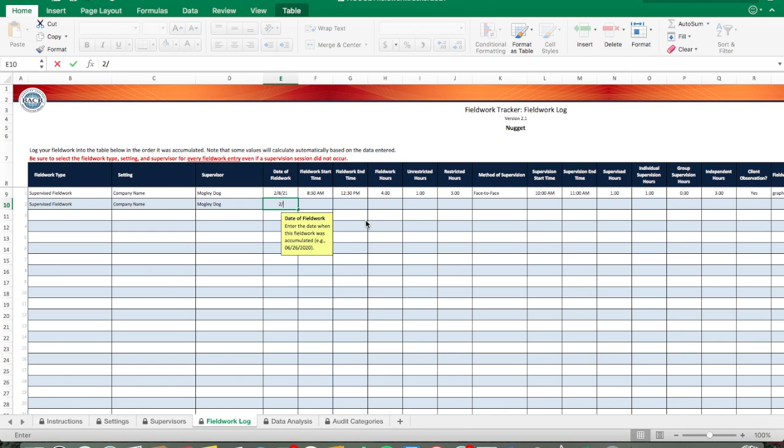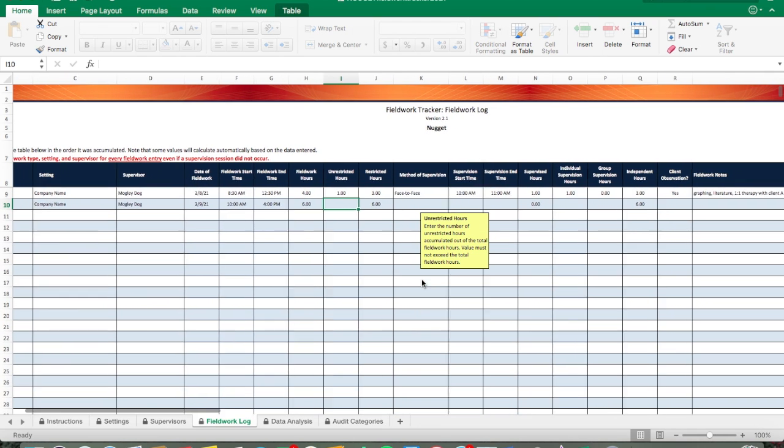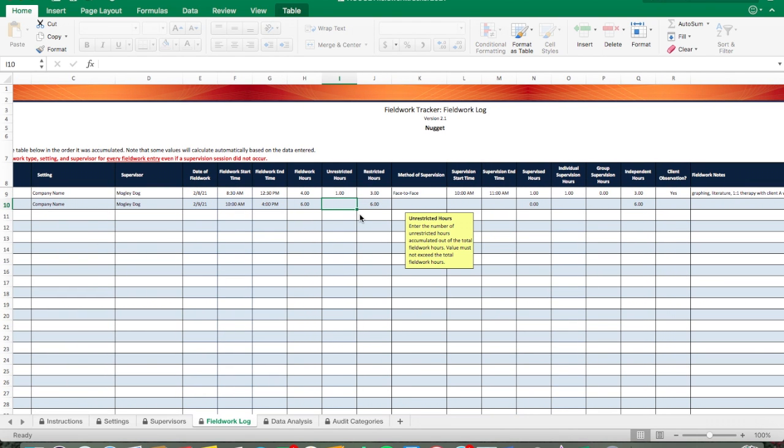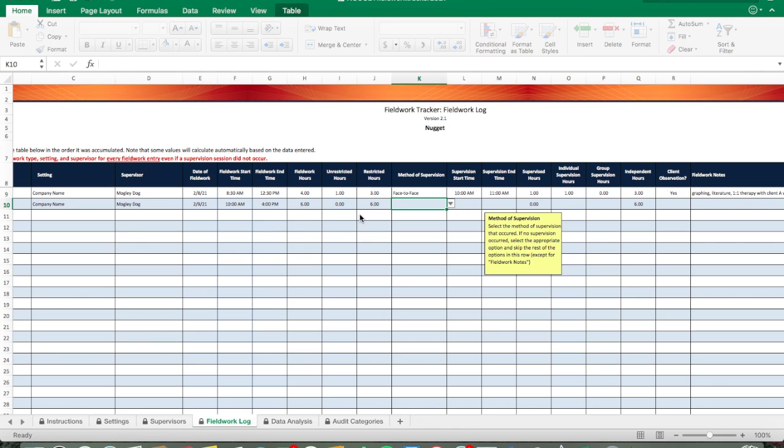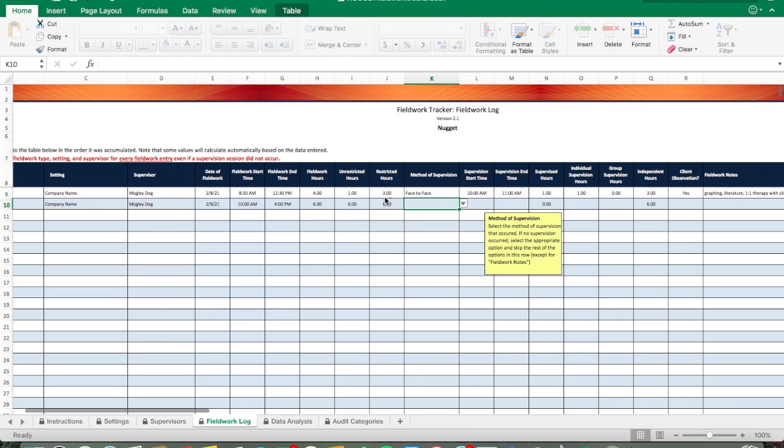And let's say this was the next day. Okay. And then let's say I worked from 10 a.m. to 4 o'clock p.m. Let's say it was all restricted, so it was just one long direct session, and then it automatically, like I said earlier, goes to restricted, so you just put 0 for unrestricted. Now we go to a method of